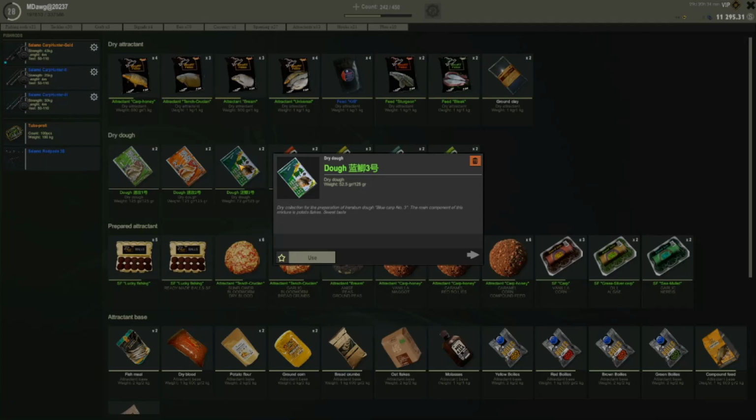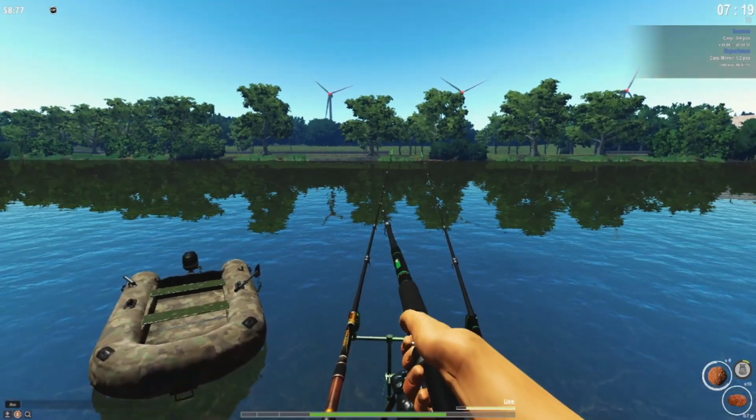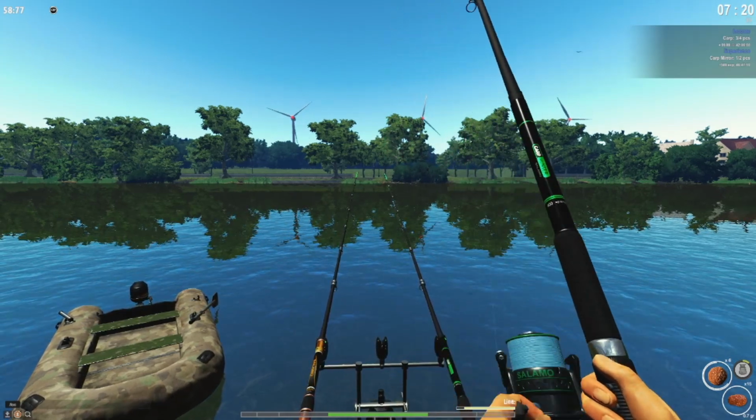But yeah, so this is what we had made. We had taken this dough and we had added caramel dip to it, right? So it was like a caramel dough is what we made. Ooh, this could be a carp. We might have finally caught a carp on our...